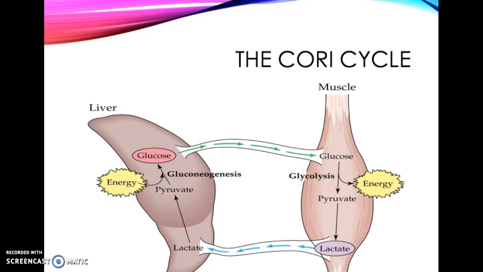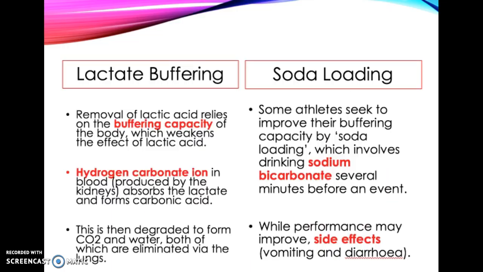This is called the Cori cycle, turning lactate into energy for the body. Lactic acid can have a negative impact on sporting performance, causing fatigue and cramp. Our body has a buffering capacity to get rid of lactic acid. Hydrogen carbonate ions absorb lactate and form carbonic acid, which turns into CO2 and water, which are expelled by the